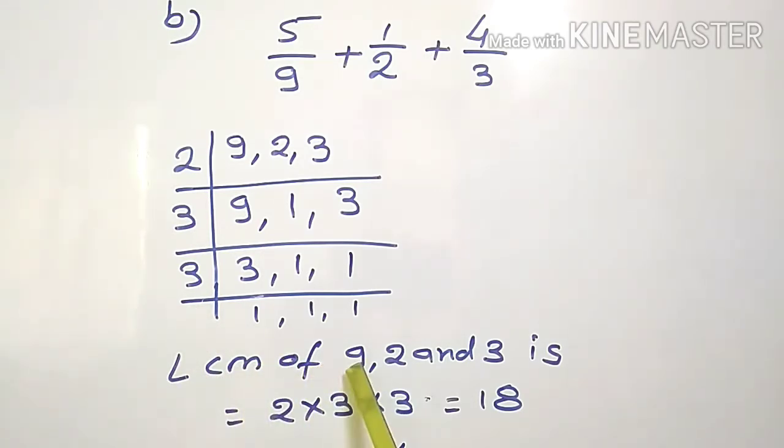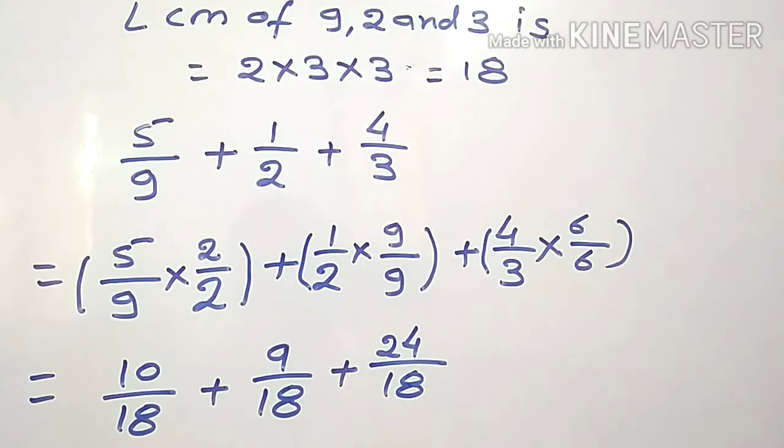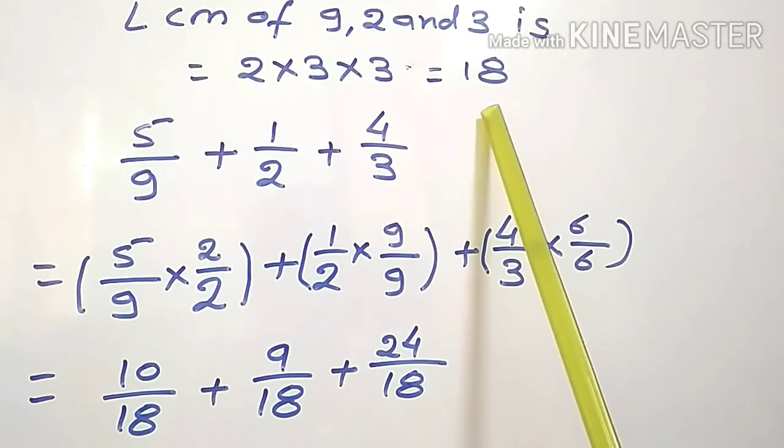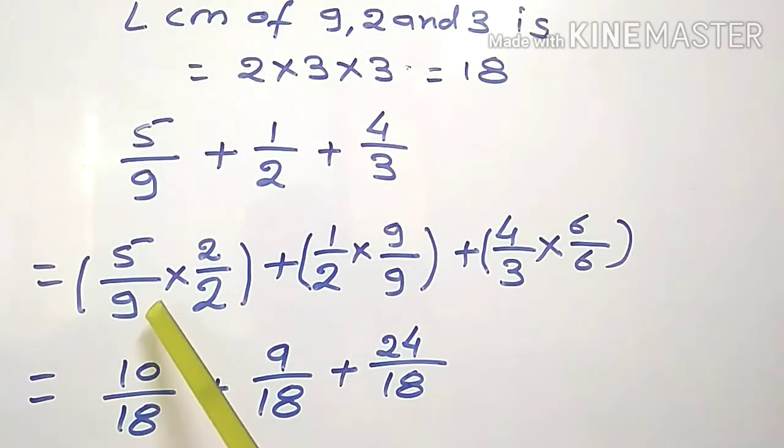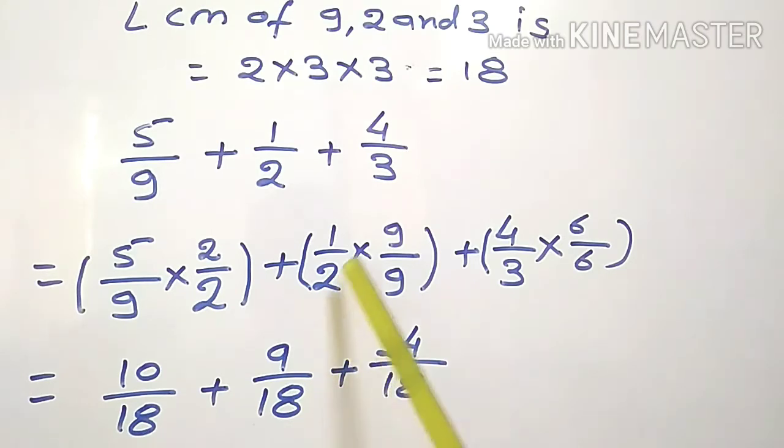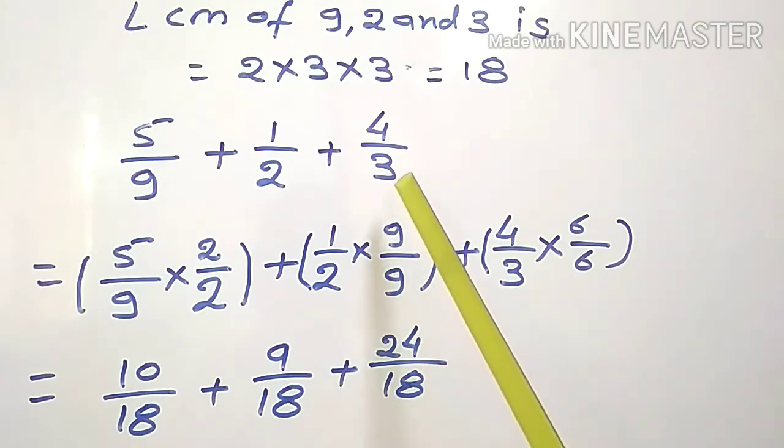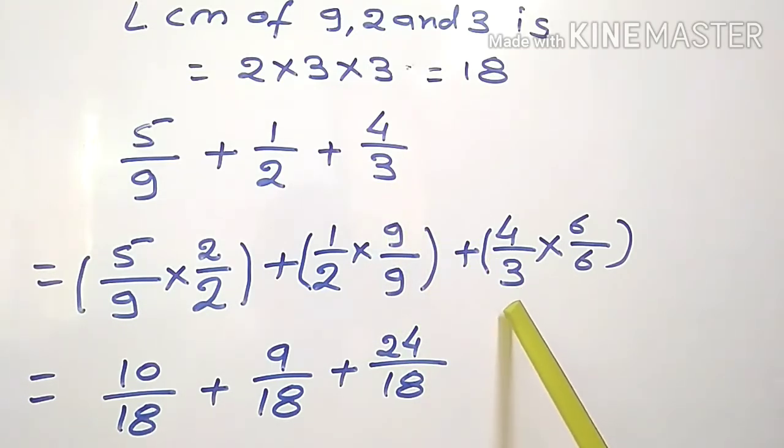So the LCM of 9, 2 and 3 is 2 into 3 into 3, that is 18. As the LCM is 18, make the denominator of these three given fractions equal to the LCM 18. For this, we multiply the numerator and denominator of the first fraction by 2 because 9 2s are 18, and multiply the numerator and denominator of the second fraction by 9, and multiply the numerator and denominator of the third fraction, 4 by 3,